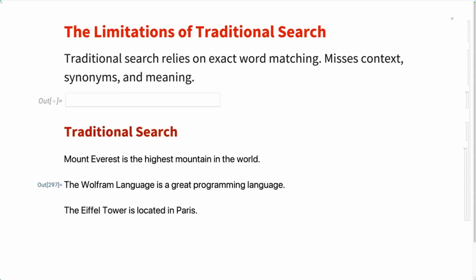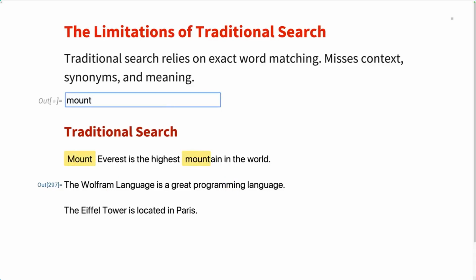So here, I put together a small slide where I have a search bar, and I'm doing some simple keyword matching here that I coded. I put the code of this in the notebook. We're going to see that later. So this is traditional search. Let's start by searching something like, let's start typing mount, so it highlights a couple of matches here, or I say Paris, quite easy to find this stuff here. Tower, and I can do more powerful things here. You're going to see that in detail, but